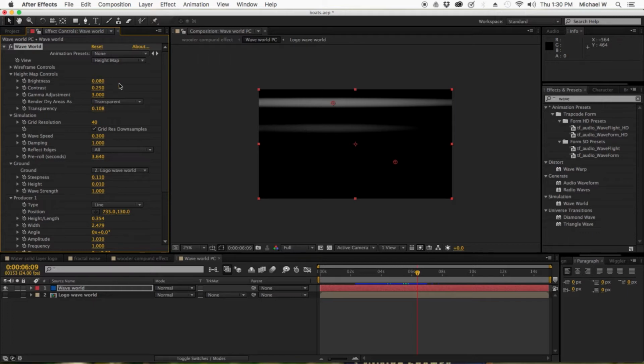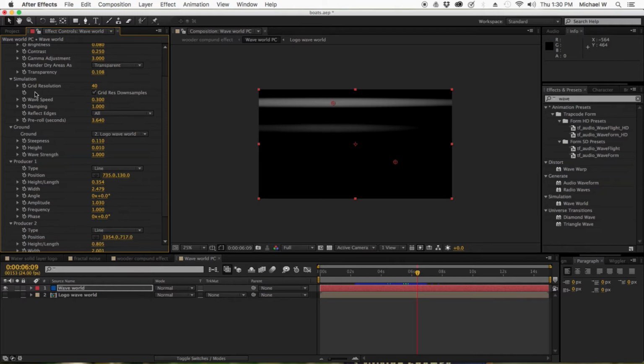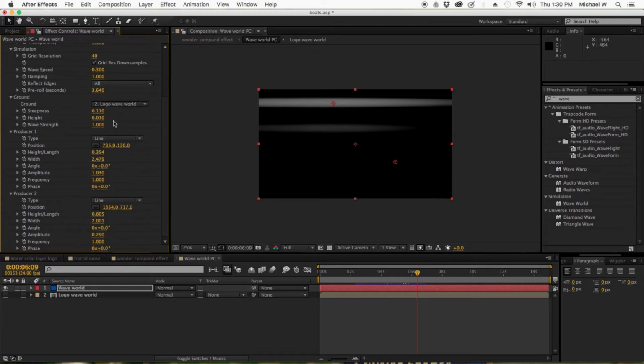So under height map controls, I made my brightness 0.8, my contrast 0.25, gamma 3.0, render dry areas as transparent, transparency 0.108. Under simulation, I changed the wave speed to 0.3, damping to 1.0, reflect all edges, pre-roll 3.64. For ground,